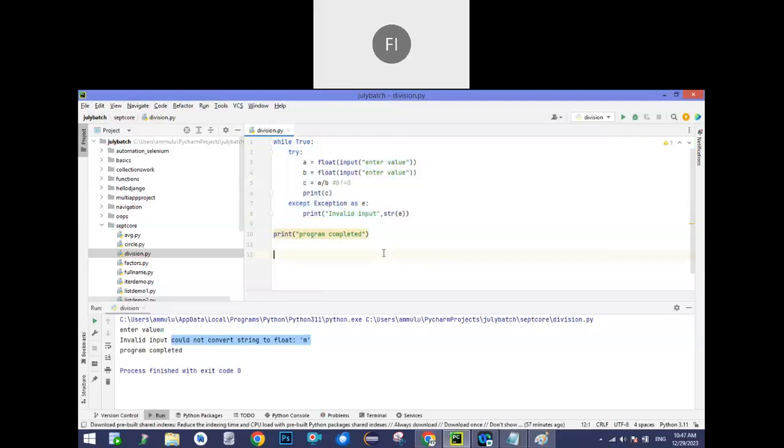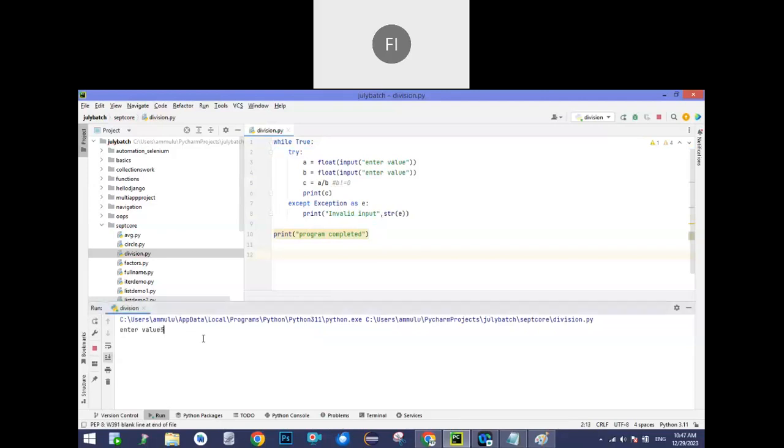Now it will keep on asking for that logic. If I'm giving 5 and 2, it is executed. If I'm giving 8, 0, it is invalid input, and it keeps on asking. If I'm getting the error, then it has to repeat. If I'm getting the right answer, then it should not repeat.